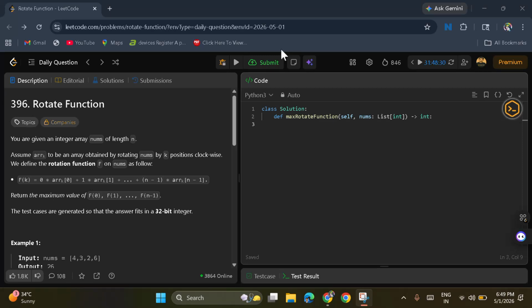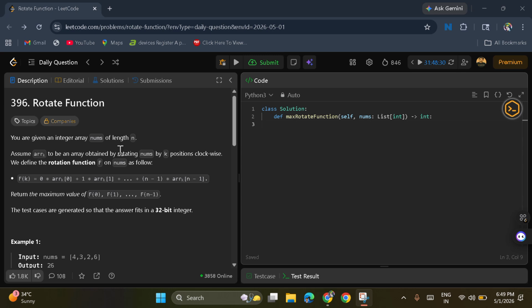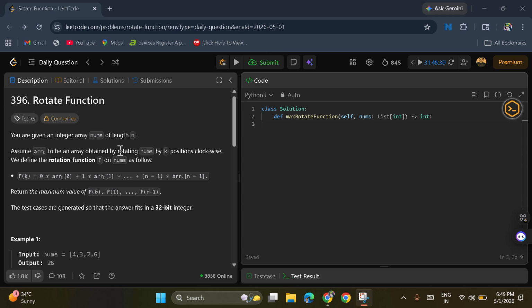Today we are going to solve today's LeetCode Daily challenge, Rotate Function. The question says that you are given an array nums of length n. Assume that arr k is an array obtained by rotating nums by k positions clockwise, while defining the rotation